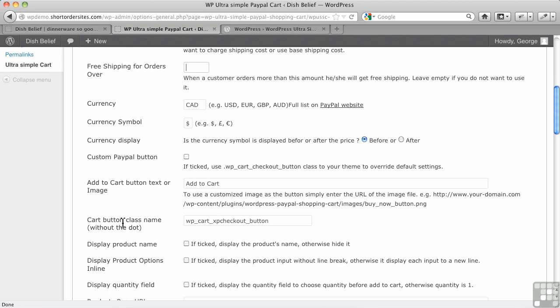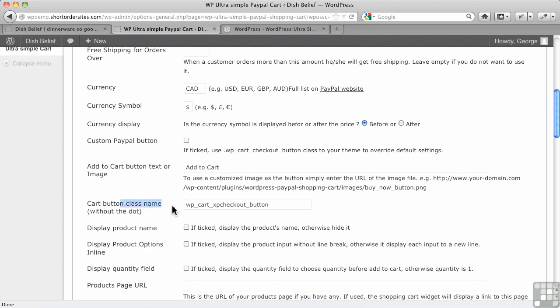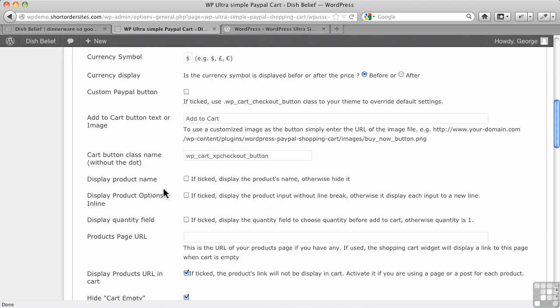And then down here, this one is talking about the PayPal button. Even though it says Cart button, you'll discover that it's actually referring to the PayPal button. It's kind of odd that they're separated because this right here has to do with whether or not you've checked off the custom PayPal button. Anyway, that gets pretty confusing, and we'll go into that when we get to customization.